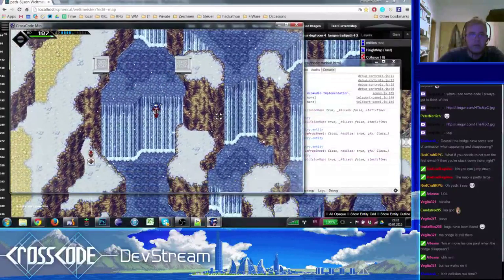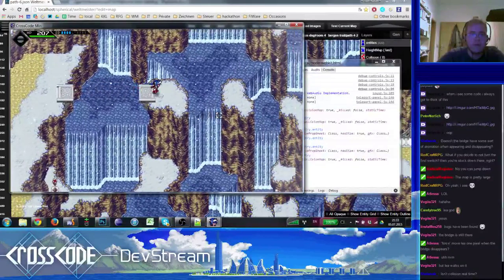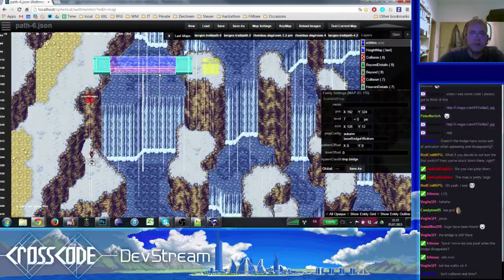So I see. The entity is gone, but for some reason it stays. I don't know. Let me just cycle and check which one it is. I could imagine that we have no use case until now where we just disabled an entity and had the collision gone. No, we had the destructibles.